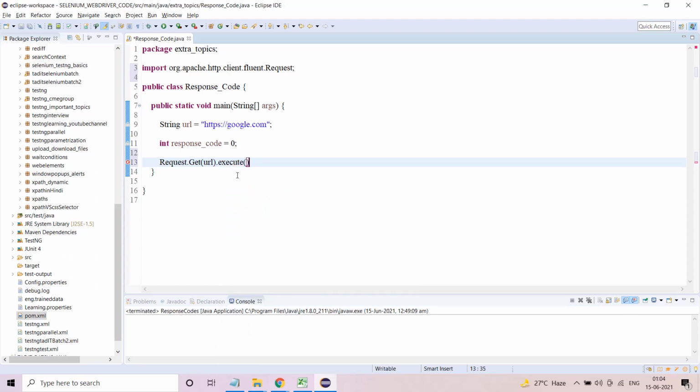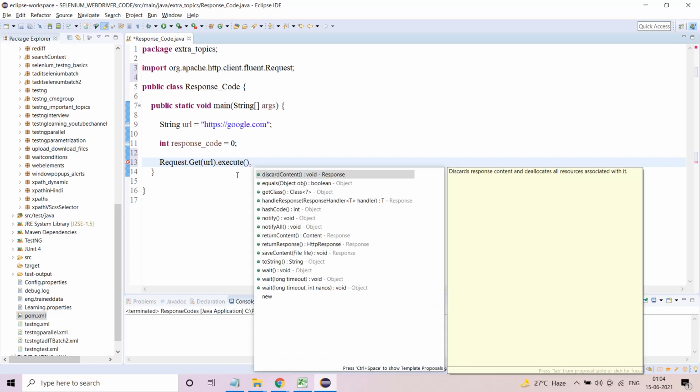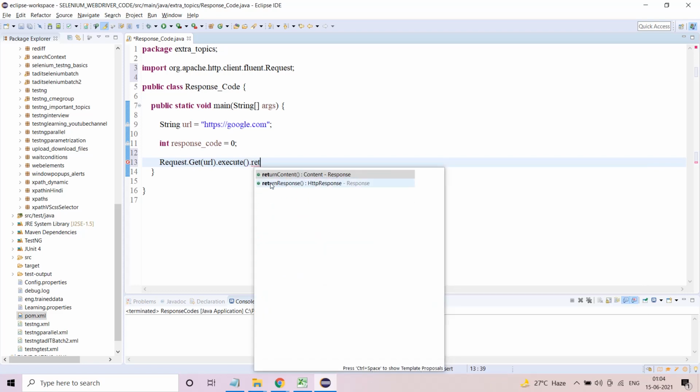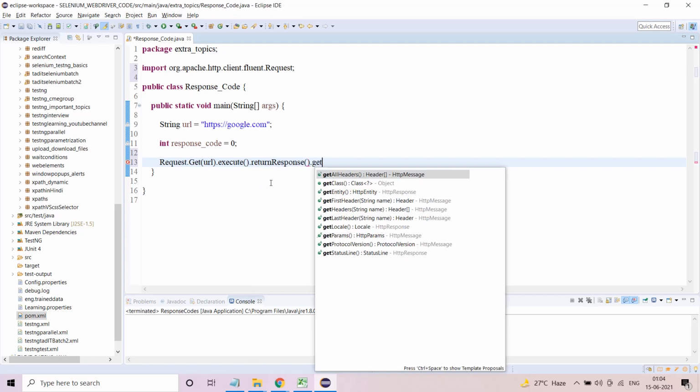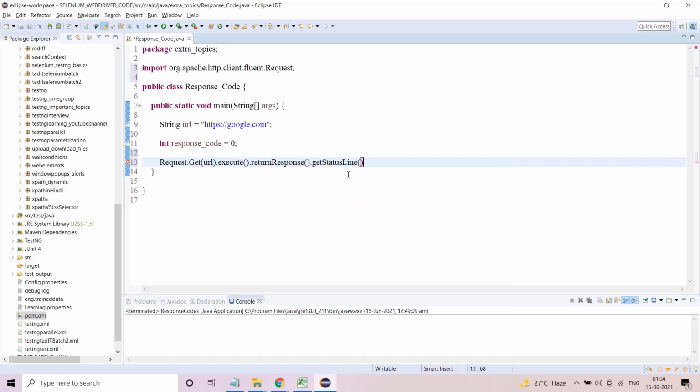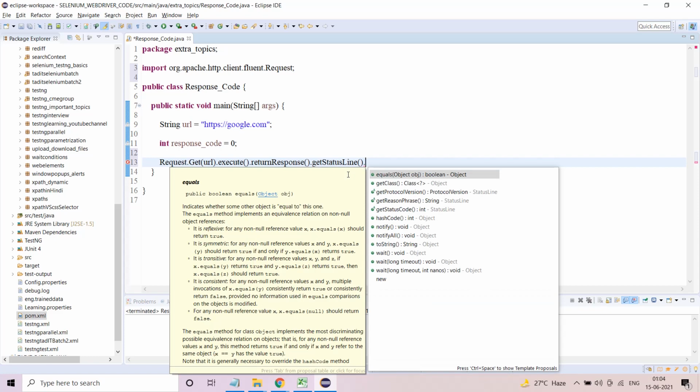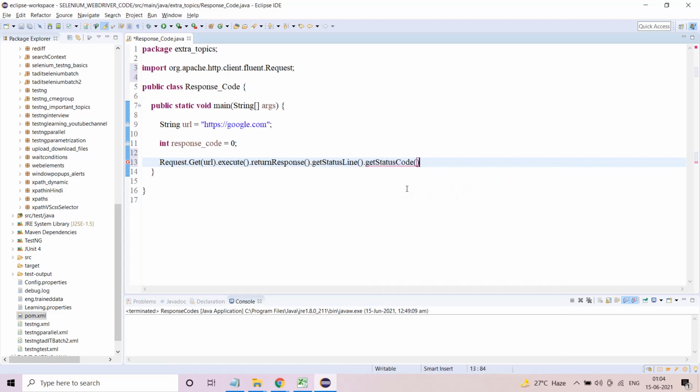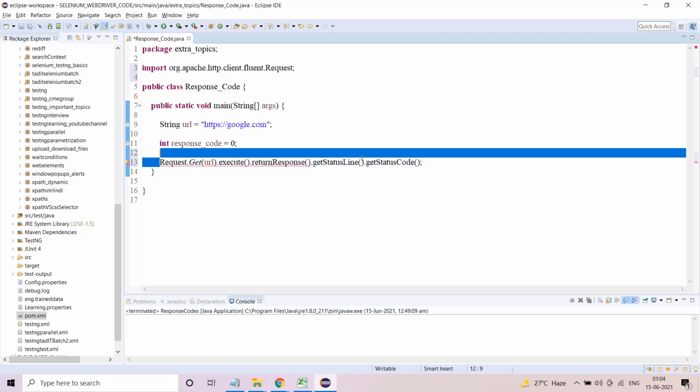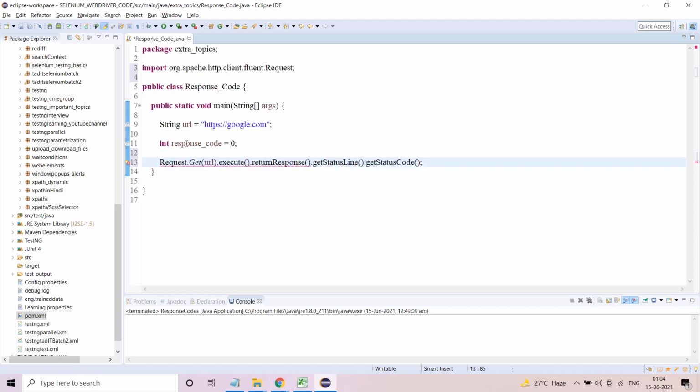See, this is standard code. You don't have to remember everything. You can copy my code also, and then I'm trying to return a certain response and in a certain status line. When you get more in depth with what response codes are, you'll understand what this is. Even I don't remember everything, and now I'll get the status code for the same. That's it. So now I'm just imagining that this will return a sort of a digit, and I want this digit, this initialization, to be this. This is what my intention is. So I'll keep it like this.